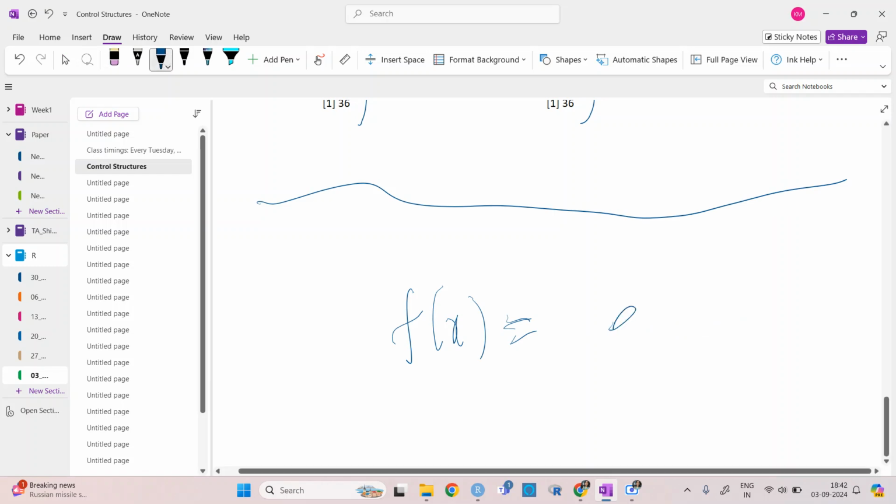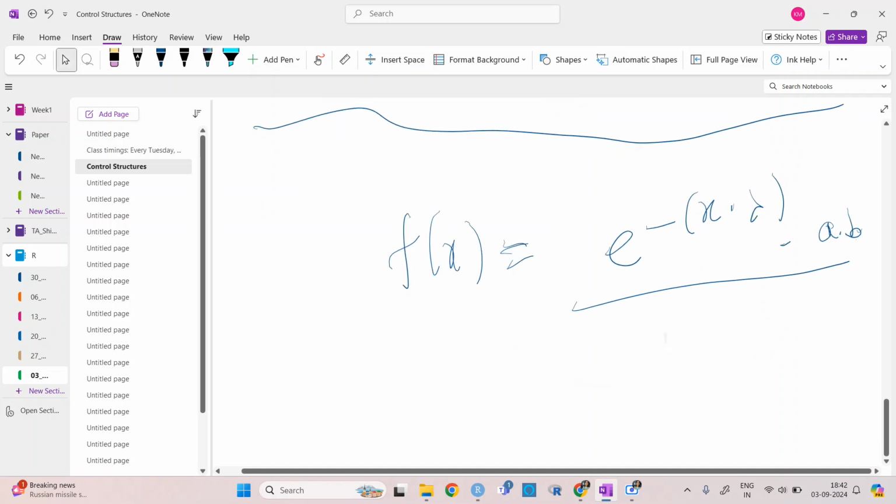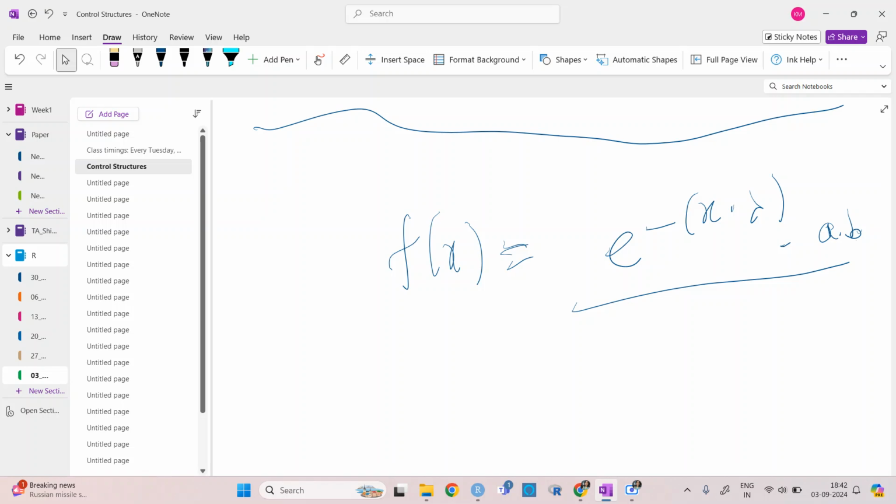Okay, so let's say I'm writing e to the power minus x, with lambda, a, b, right? Let's say I have given this a new distribution, and then I want to find the values of this density function at different values of x.